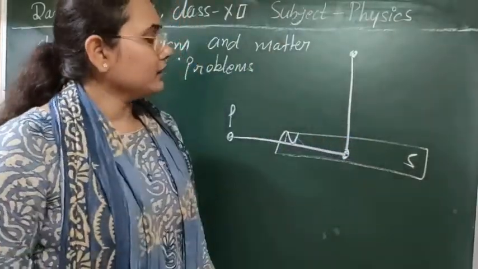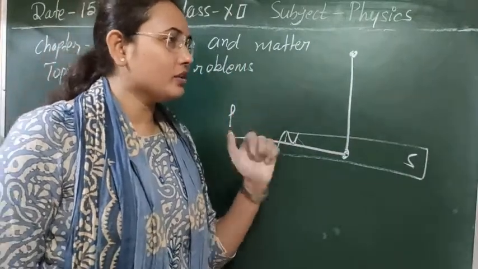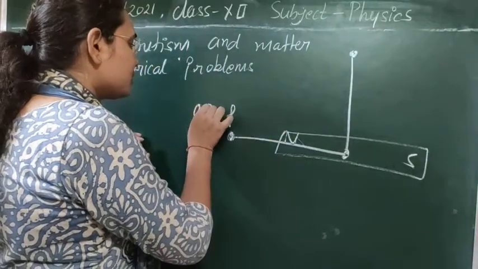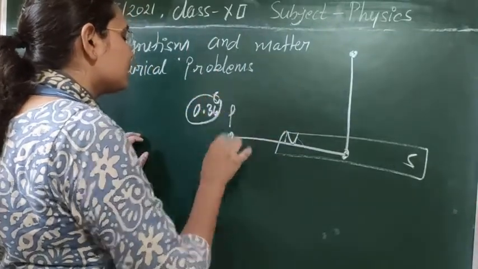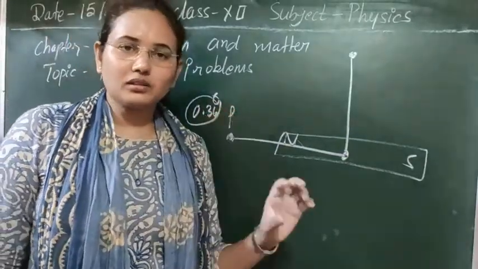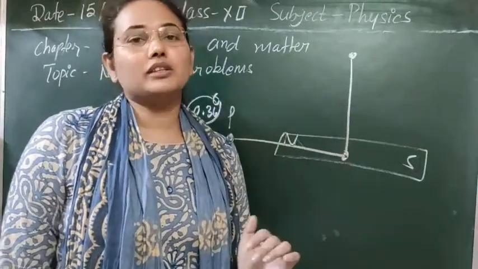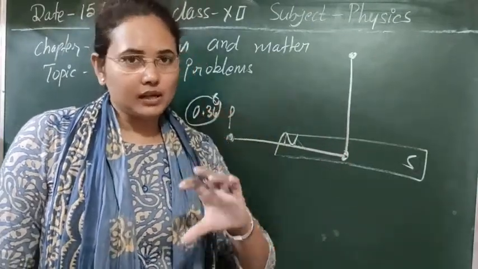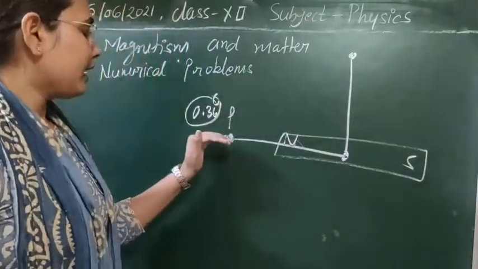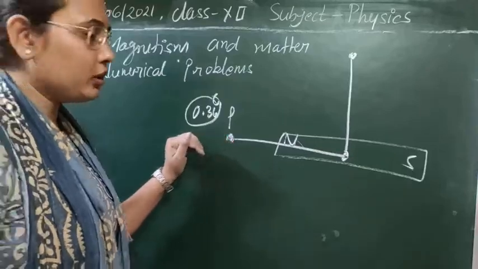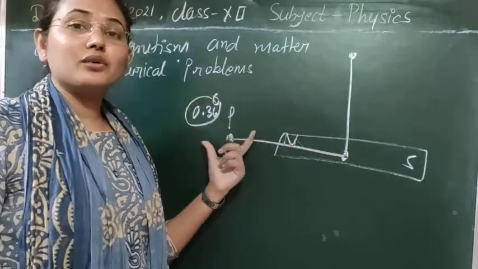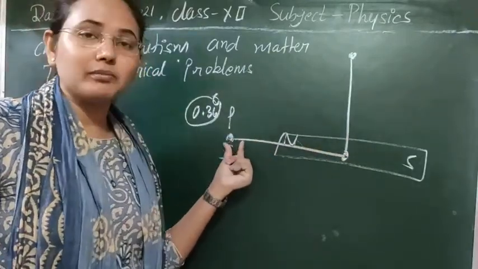Suppose in the starting condition, the null point we were getting was due to the Earth's magnetism, which has the value 0.36 Gauss at this point P. Then you know that the geographic north direction is where the magnetic south lies, and in the case of magnetic south direction, the geographic north lies. So it means that at this place, if we put it, here should be the south direction of the magnetic field, so that this can reduce the effect of these two and we can get the null point here.